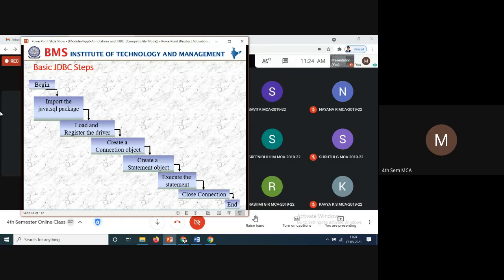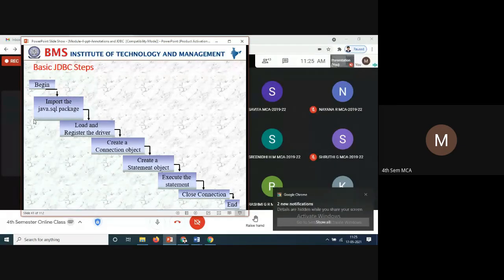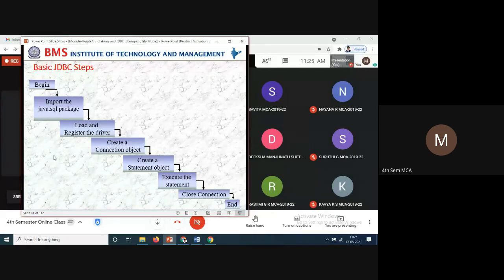Already we had discussed this in today's class. Briefly, we can say this is what we have done. So when you are executing the database connection related programs, once you start this, once you enter into the software, first whenever you are writing the programs, we know what all the packages are required that you are downloading. Next one is load and register the drivers. So you have to load and register the drivers. We have to check whether the drivers are there or not. Once the drivers are there, no problem. Otherwise, you have to install the drivers.